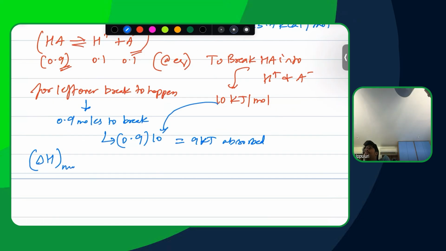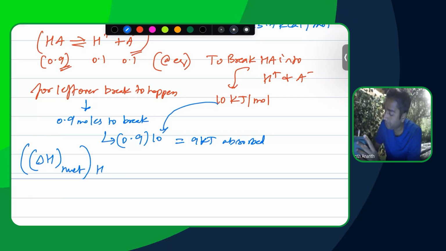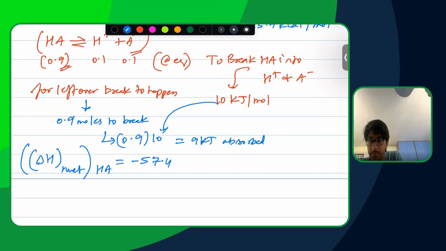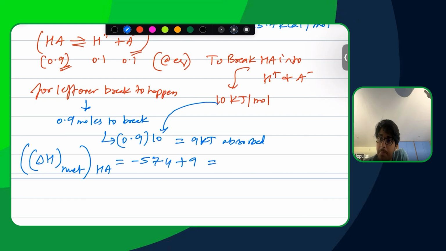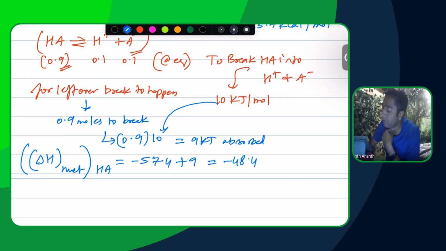So my enthalpy of neutralization for HA is going to involve that minus 57.4, which is released for the H plus and OH minus to combine with each other, plus the 9, because 9 is absorbed away, which works out as minus 48. You understand the idea here? So based on the enthalpy of neutralization for a weak acid or for a weak base,